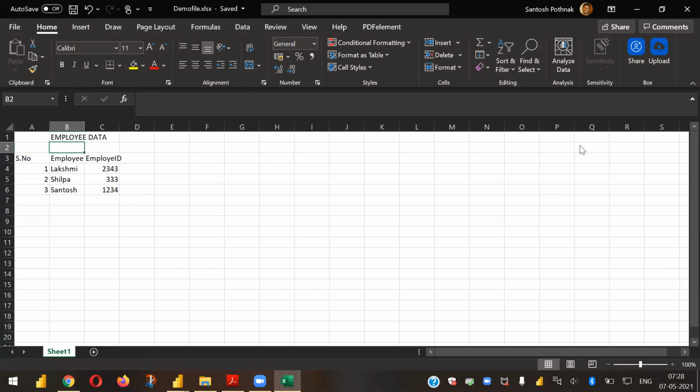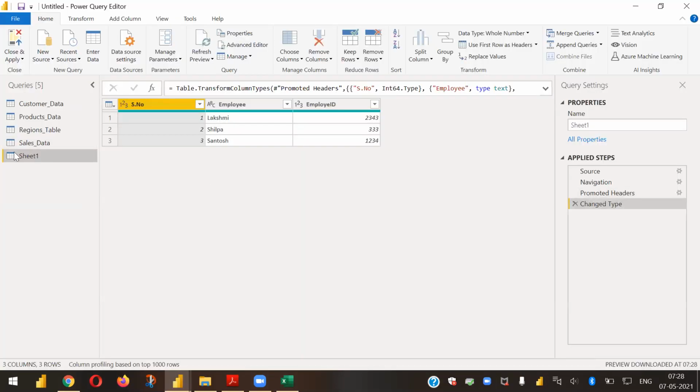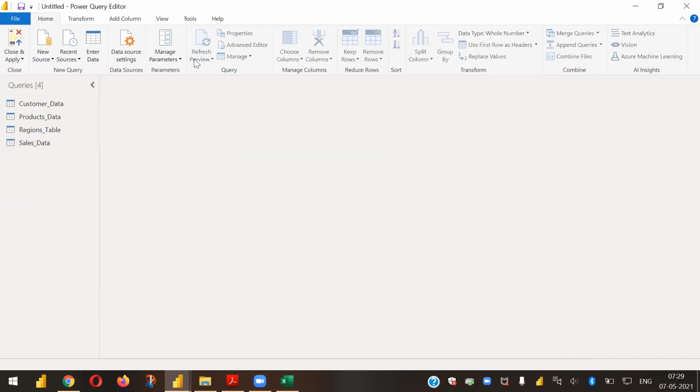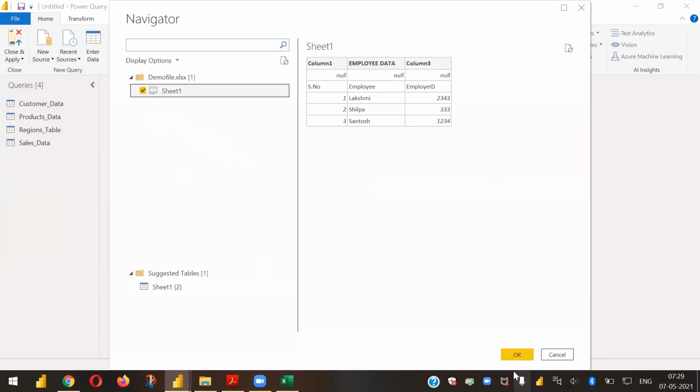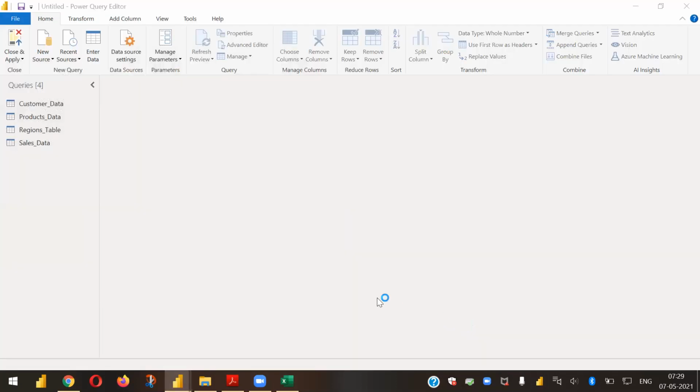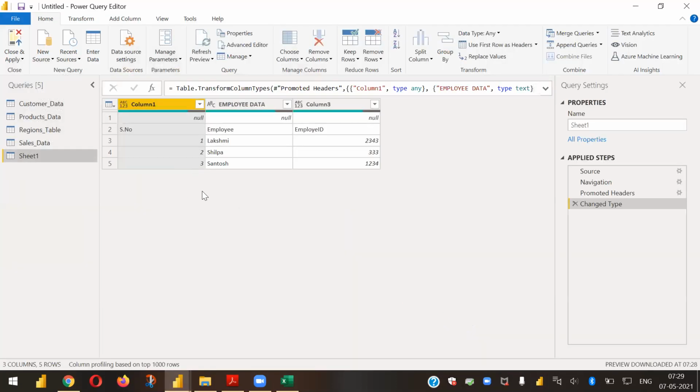I'm just saving this file. So let me delete this and re-import it again. I could have refreshed it, but I don't want you to be confused. I'll just re-import it. Yeah, you can see now, right, what I'm trying to tell you. So right now it is able to get these null values also. Usually it used to get null values, but I think nowadays it is just scanning and trying to ignore that. So this is how we get the data.